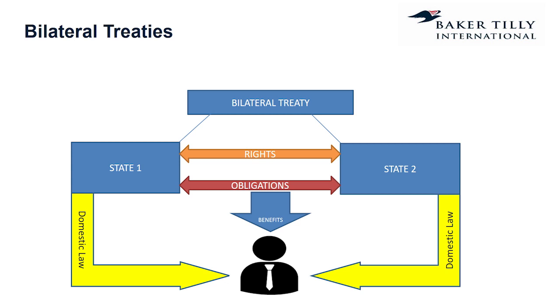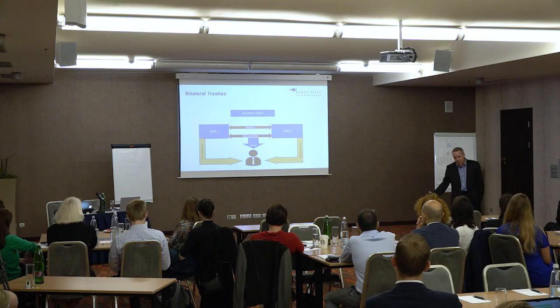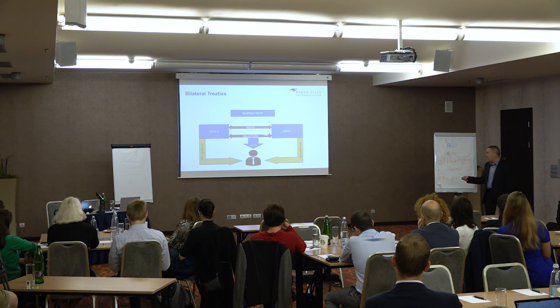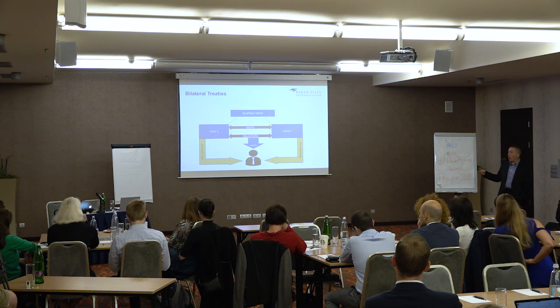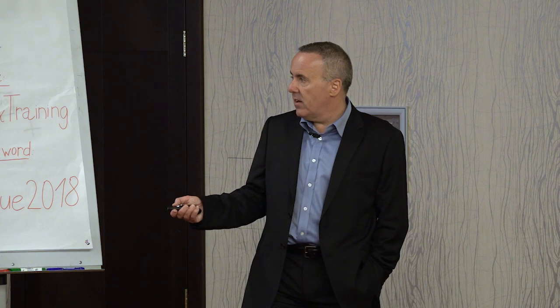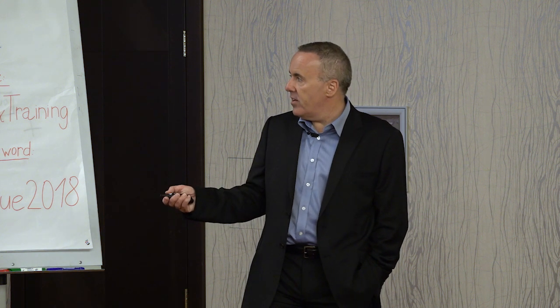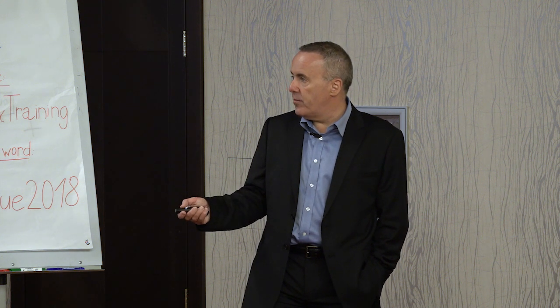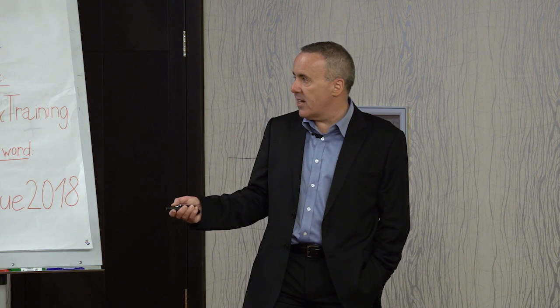They can both get certain amounts of information. They can both have certain taxing rights in respect of certain events and certain things that are going on. And it also places obligations on both those states. Well, obvious, isn't it? Ultimately, it's the domestic law that taxes. There's your taxpayer. It's the domestic law of both countries that ultimately taxes the taxpayer.